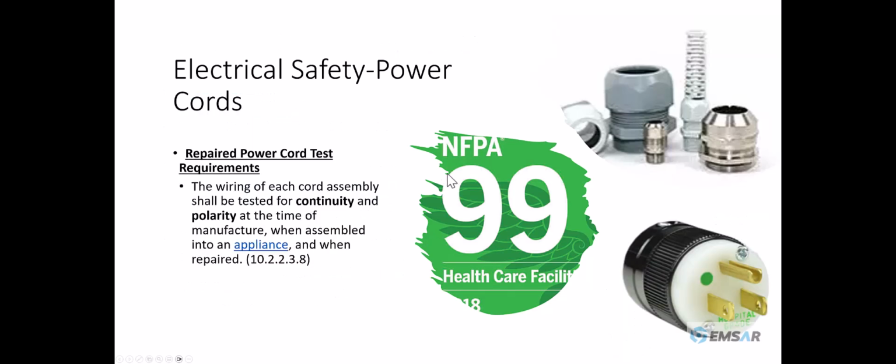So if we have to rewire a cord cap, this is an image of a cord cap, and there are hospital grade cord caps. They are designated with a green dot, and oftentimes hospital grade is stamped on them. When we rewire one of these, if we have to for an emergency situation to get a customer through, we always want to order them a power cord to follow up, because replacing the entire power cord is the best thing. But if we have to wire this cord cap onto a cord, then you will need to make the